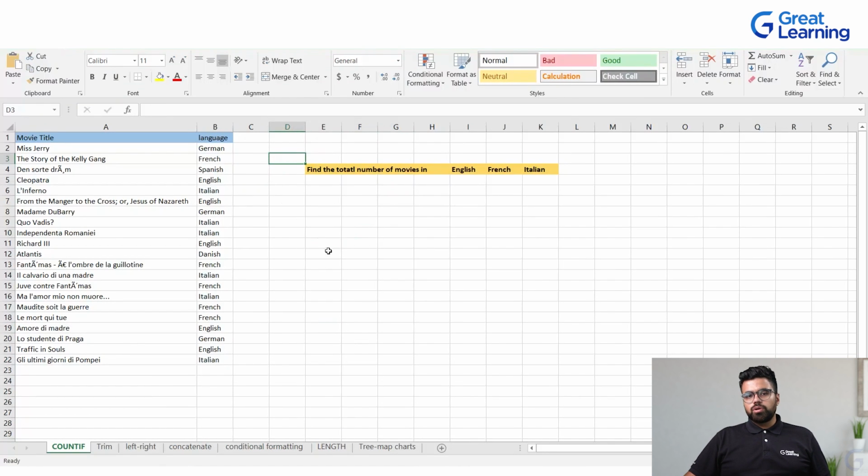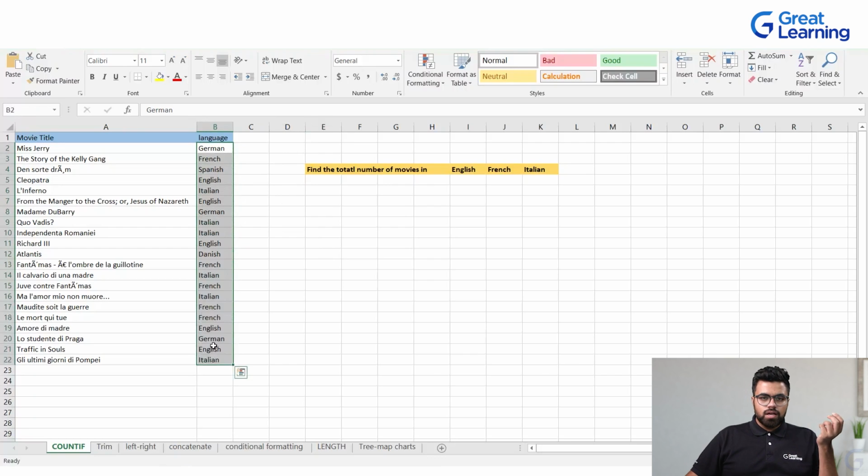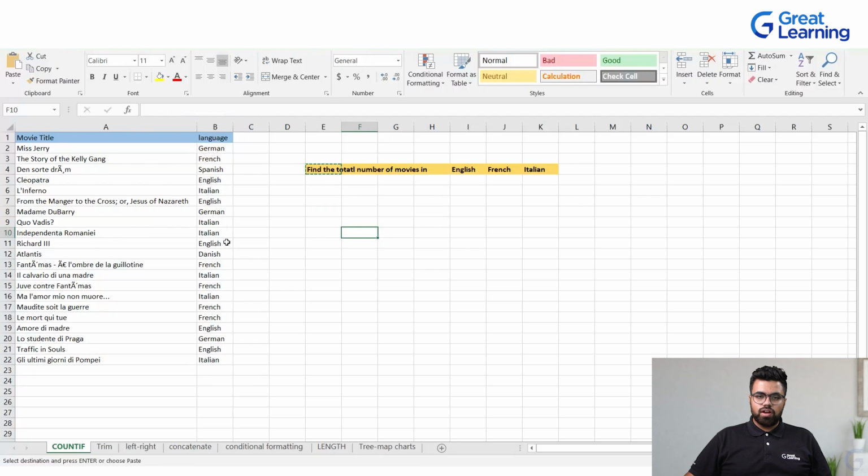Now what I have to do is calculate, let's say, what are the total number of movies in English, French and Italian, right? How would I do that, right? So if I know there are 4 languages right here or 5 languages or however many other languages, I want to segregate, I want to find how many English movies are there, how many French movies, how many Italian movies. How would I do that? Okay, so I'll just type in the prompt that